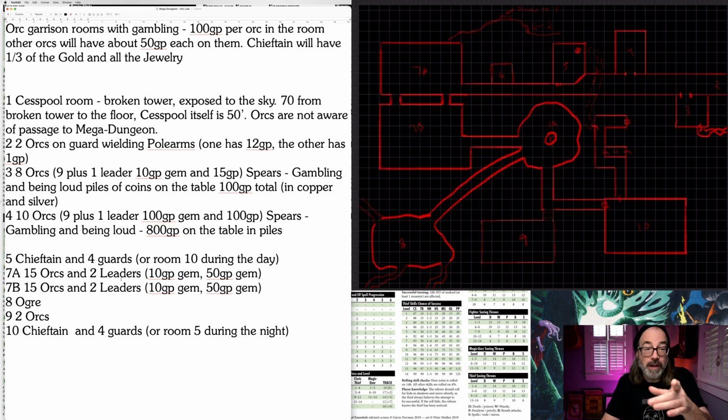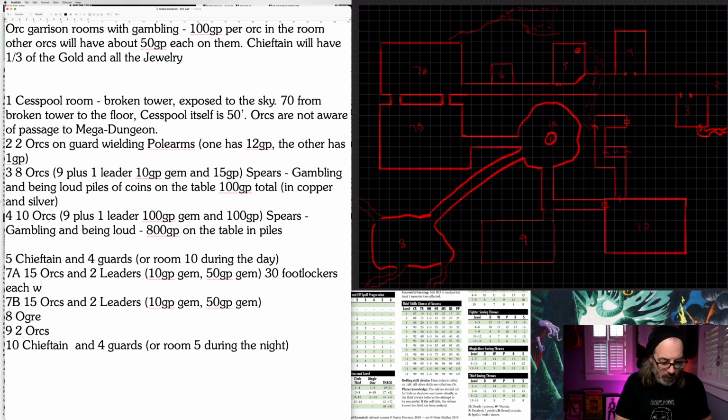This is what I'm looking at. Now they're back in the garrison. This is where they have their money stored, right? So I'm going to say in each of these rooms, there's a total of 30 orcs that can live in each of these rooms, right? So there are 30 footlockers, each with, and I'm going to set an amount here. 30 times 100 is 3,000, right? So that's like half the gold. So I'll say each with 100